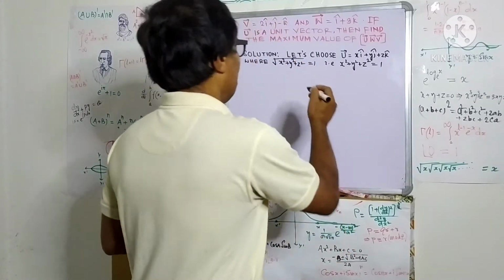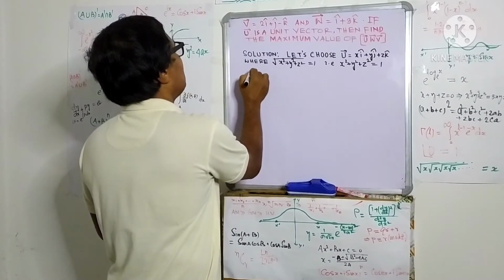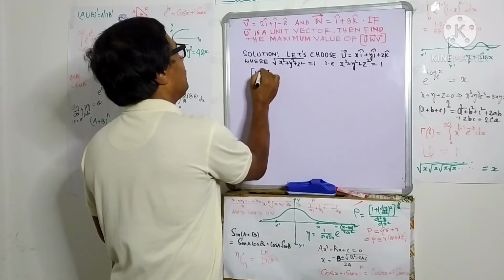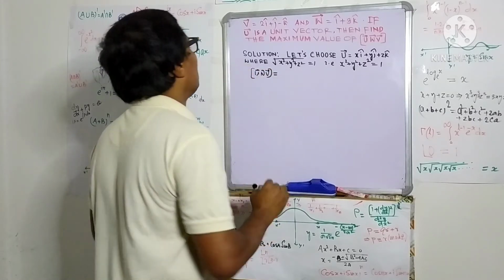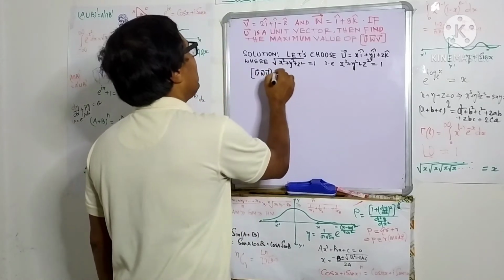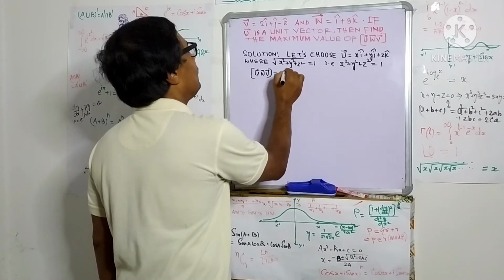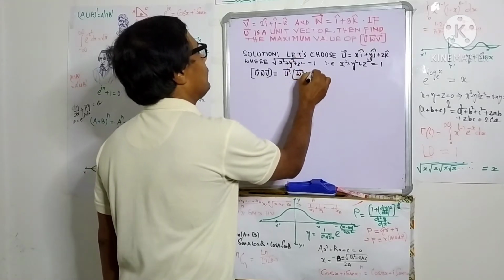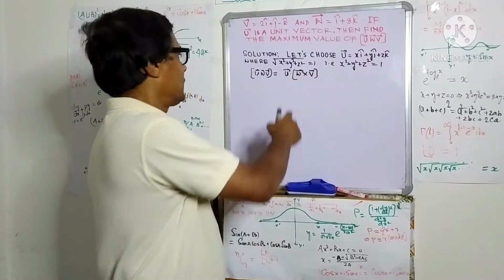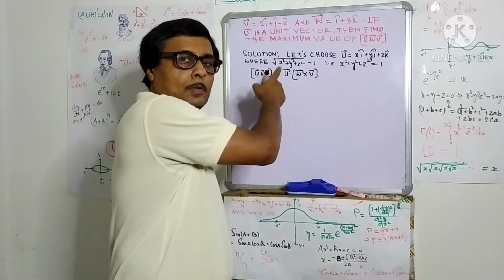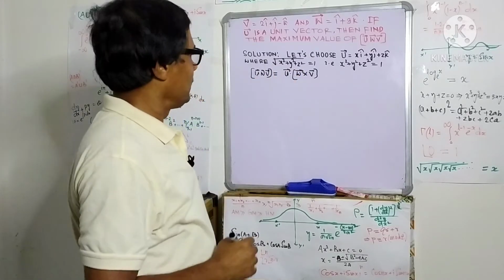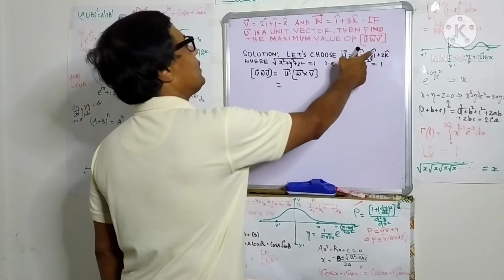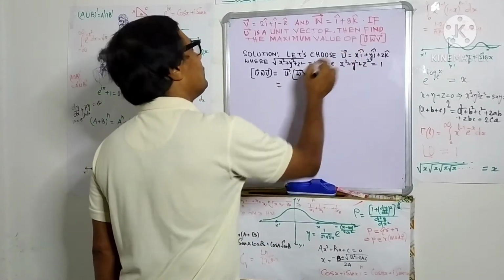Now, here the box product UWV. If we expand this box product, we get UWV equal to U dot product of the cross product of W and V. This is the expanded form of the box product, that is box product UWV equals U dot W cross V. Now, we have chosen U as xi plus yj plus zk. We can put this value of U.